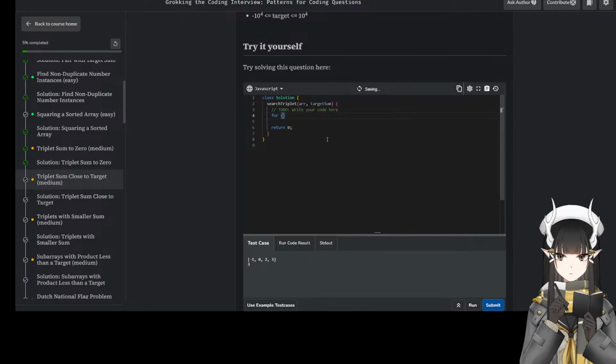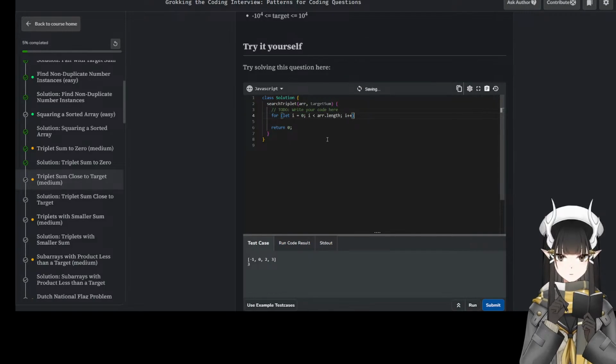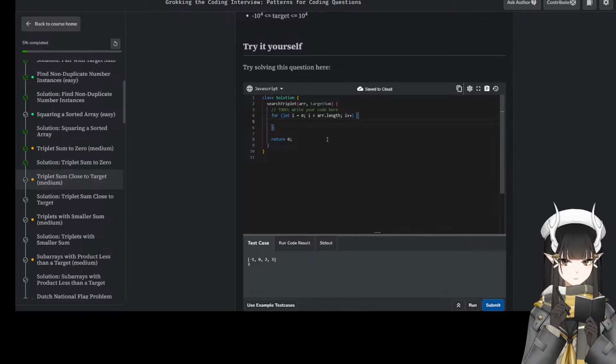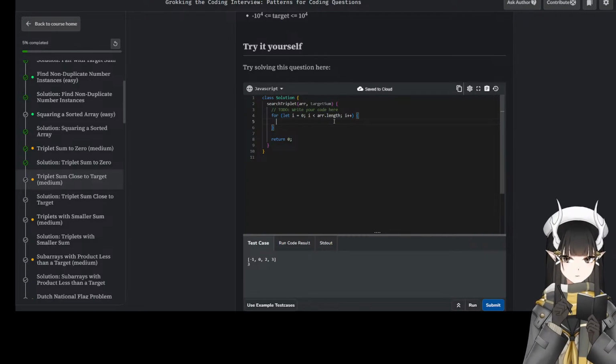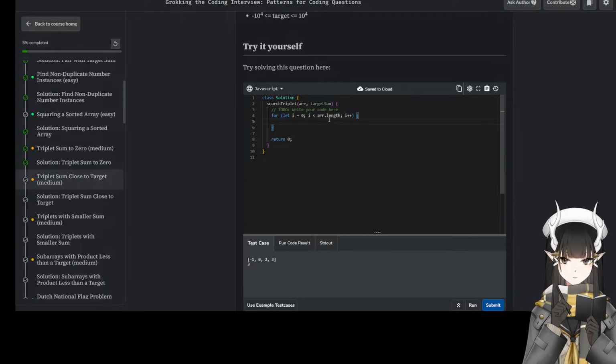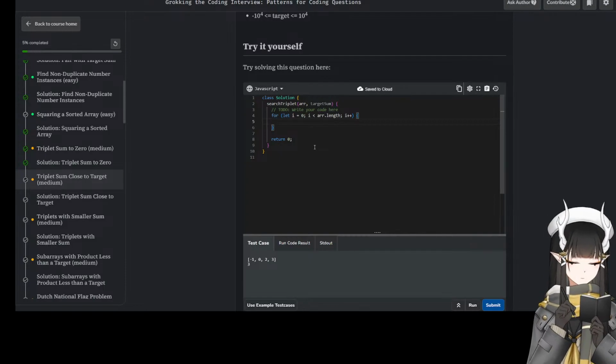So we're gonna loop i equal to 0, i less than array.length, i plus plus. We're gonna iterate through the entire array. This gives us a guarantee of Big O of n, n is the length of the array. Because we are looking for triplets, we can set the targets.